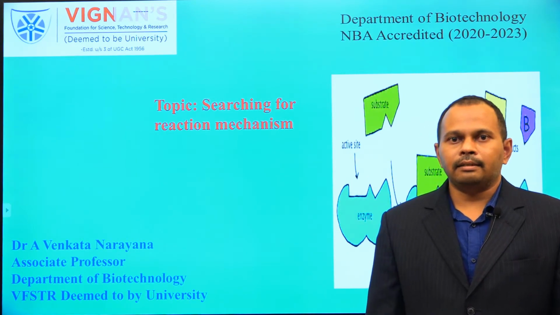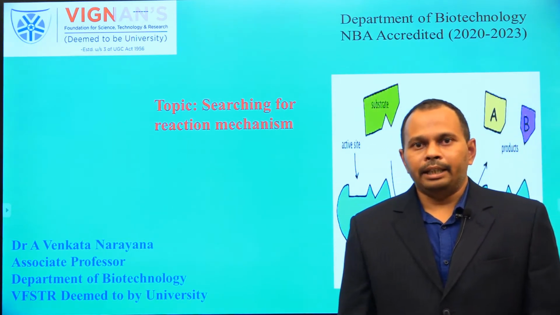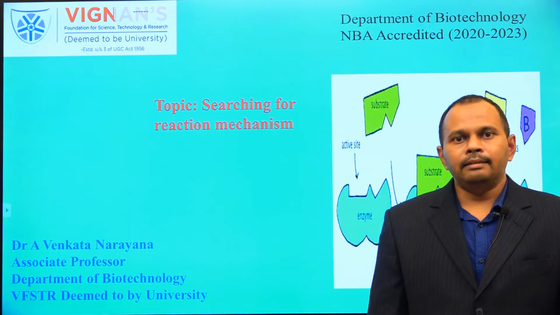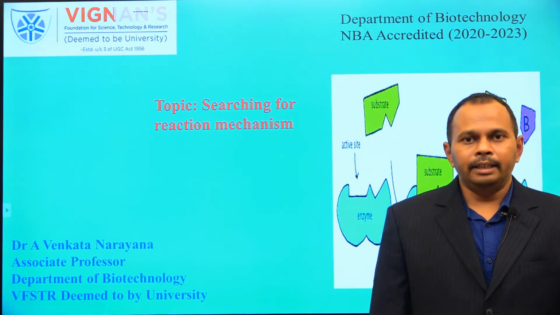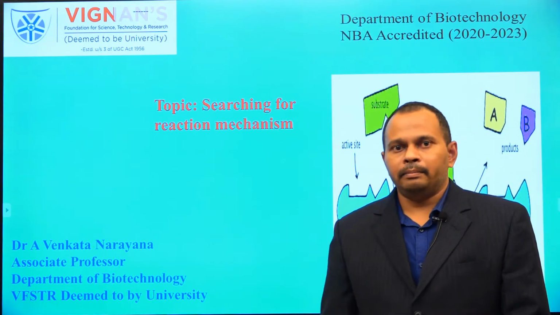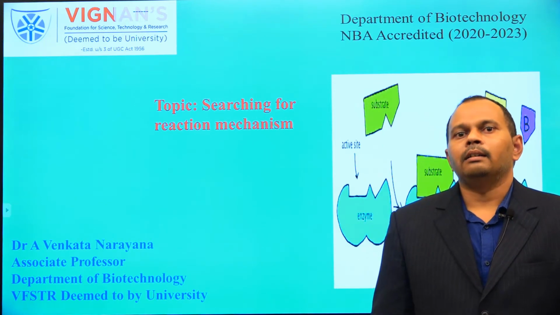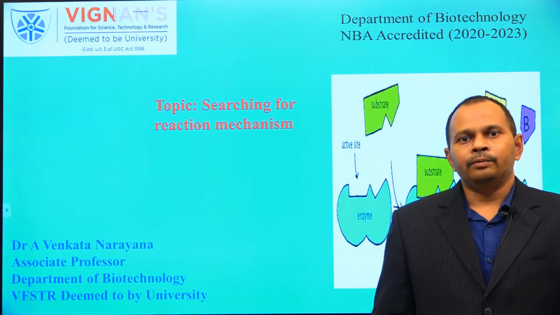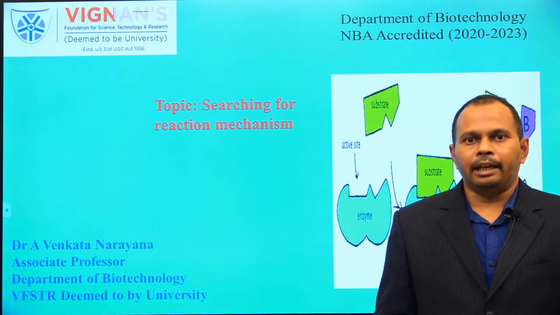Earlier, I already discussed that in a non-elementary reaction, the rate based on stoichiometry does not match the rate based on the experiments. This mismatch shows that there is a formation of intermediates between the initial reactants and final products. So, in searching for the reaction mechanism, we are going to verify or assume the formation of intermediates, and again we validate the intermediates formed in the non-elementary reaction.